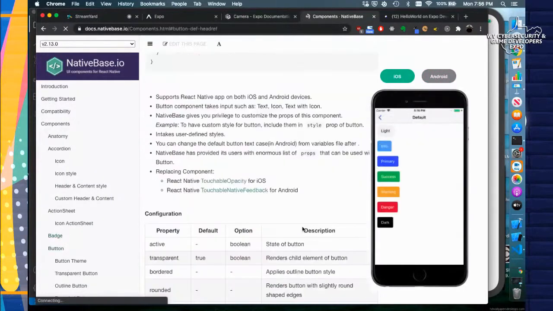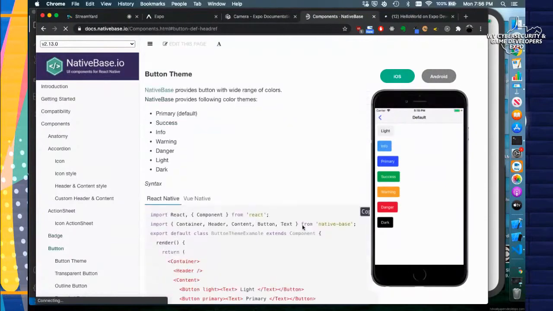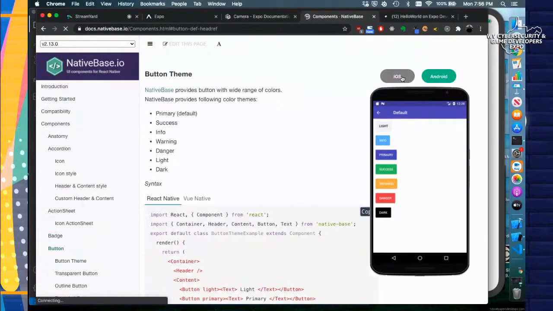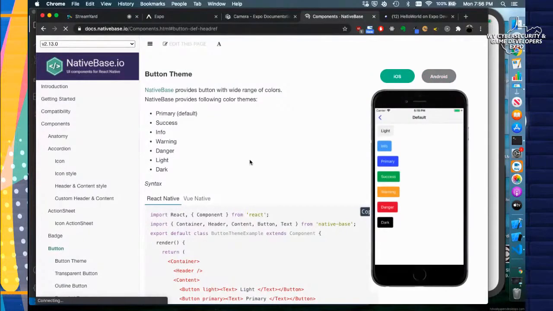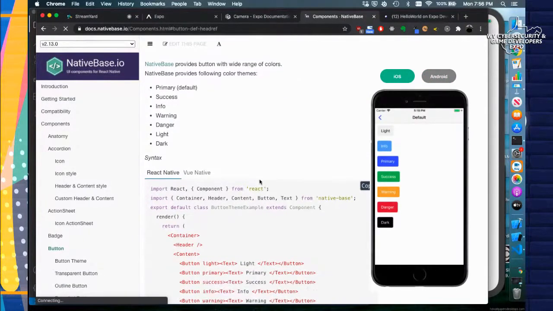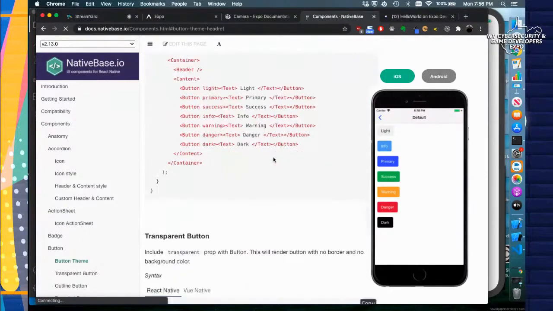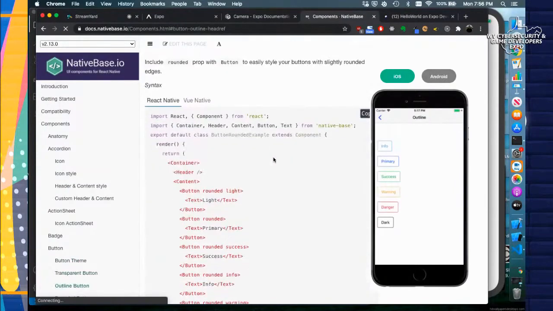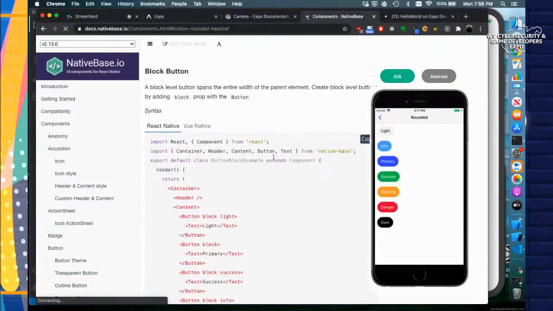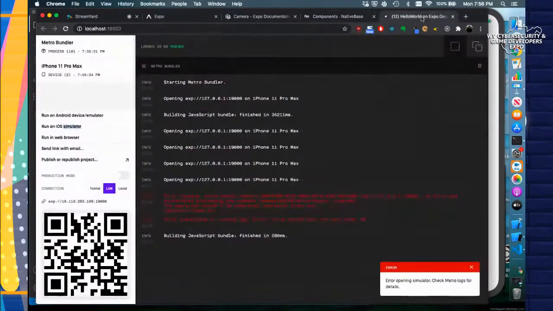Badges, themed buttons, and it takes care of this cross-platform UI experience for you. So if you're probably doing your first applications with React Native, I would recommend using this. Save yourself a lot of time so that you can write code faster and get paid for it instead of spending a lot of time trying to